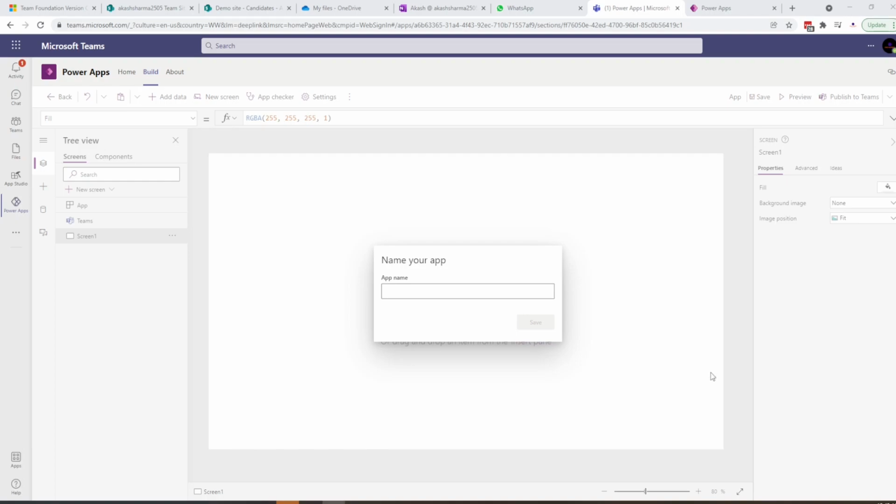So once it has completed all its stuff in the background, it will take us onto this Power App Studio within the team itself. So please mind it, this is not the browser which is opened. It is basically the complete Power App Studio experience open within the team. So here let's give a name to our app,